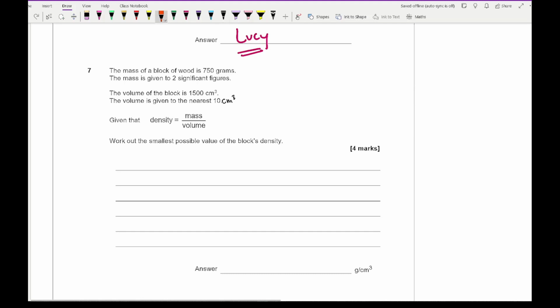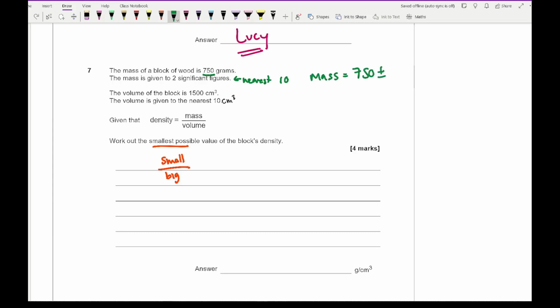So for this, to get our smallest possible value, what I need is the smallest number at the top divided by the biggest number at the bottom, and that will give us our smallest density. So because mass is at the top, I want the smallest version of this. So to 2 significant figures, it's basically been rounded to the nearest 10. So then the smallest value that the mass is going to be